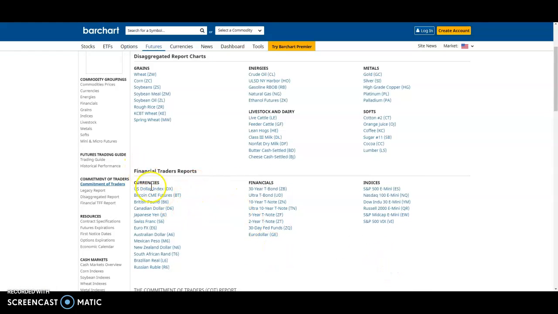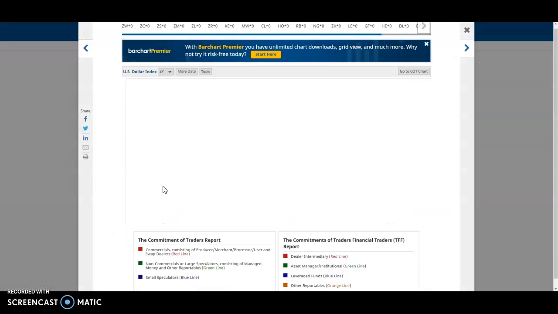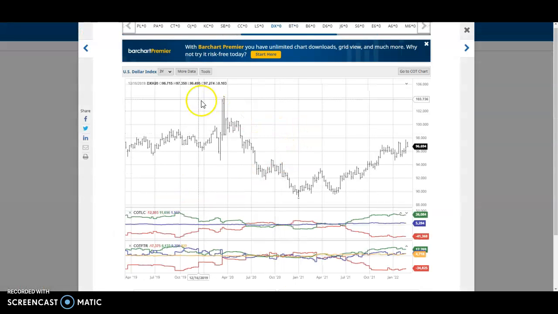Okay. So we're going to go on for this example. It's going to be the same layout for every one of the currencies or indices. But we're going to start with the DX or the DXY. Okay. You have to make sure, as always, you're going to be on the 3-year chart of data. And as you could see, if you hover over the price here,